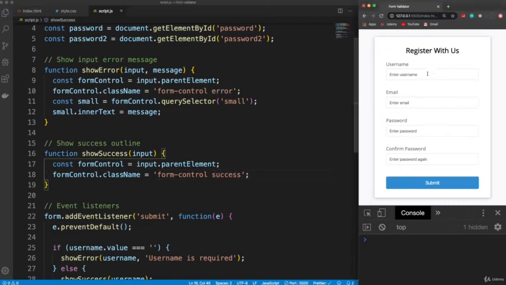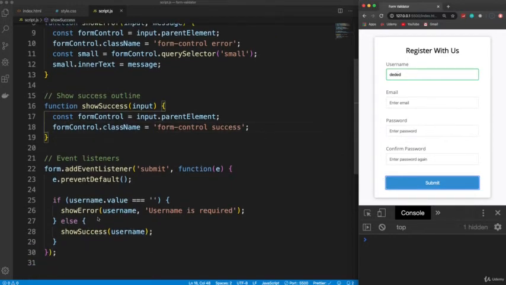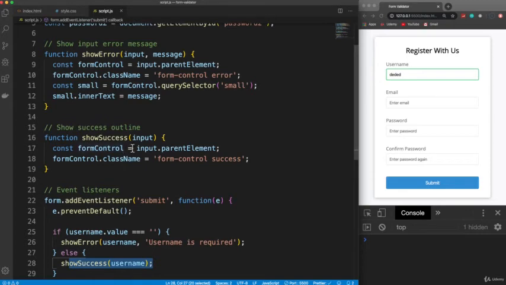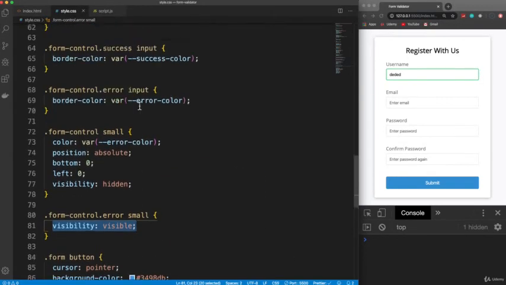So if I were to type something in here and submit, now it's green because it passed. Okay, it passed this right here. It's not empty. So we ran showSuccess, passed the username in. Username got passed in. We got the form control for that particular input. And then we set the class name to success, which made this green outline because in our CSS, we have